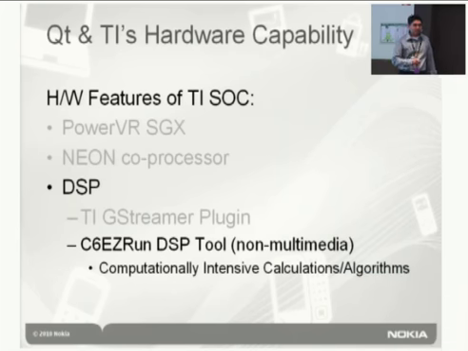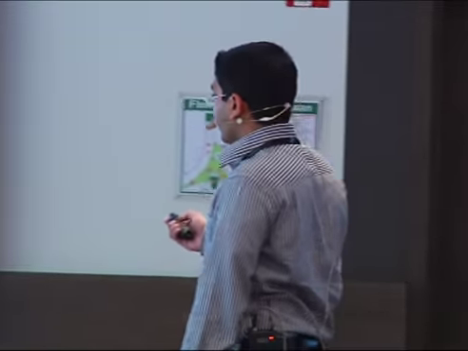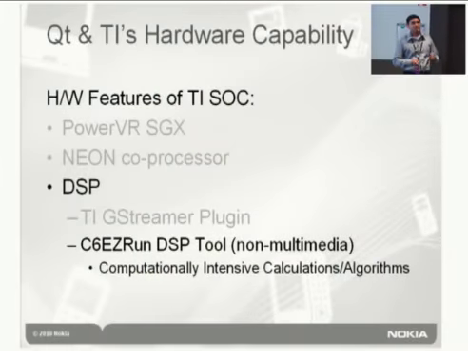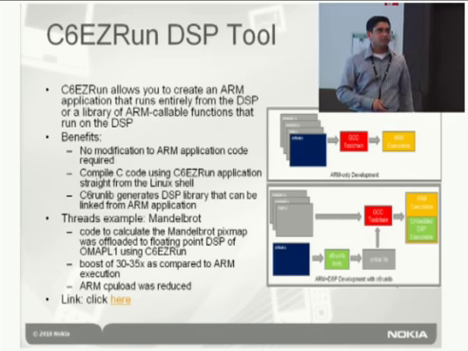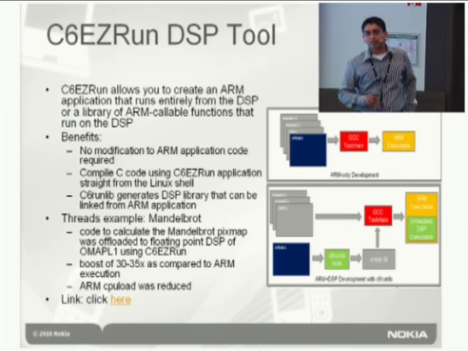And the second, non-multimedia use case. When I say non-multimedia, I'm talking about all the very heavy computations in your Qt application. That can also be offloaded to the DSP, because for any heavy computations, the DSP is good. I know people will complain that the DSP is not easy to program and ask how we can do it using Qt. Our DSP architects knew that, and last year we made efforts to make a tool